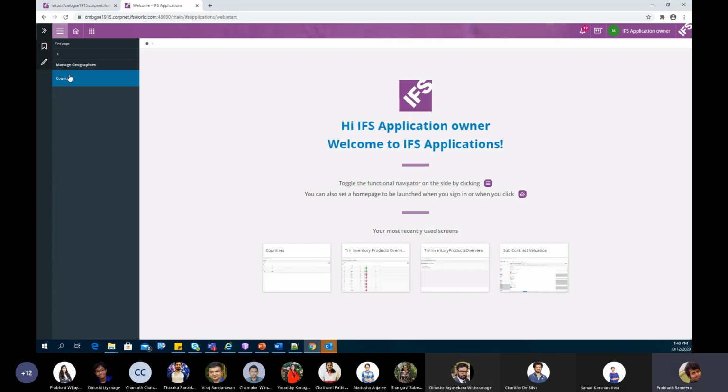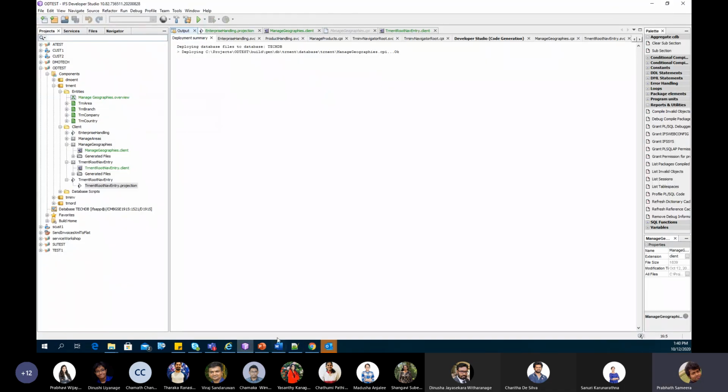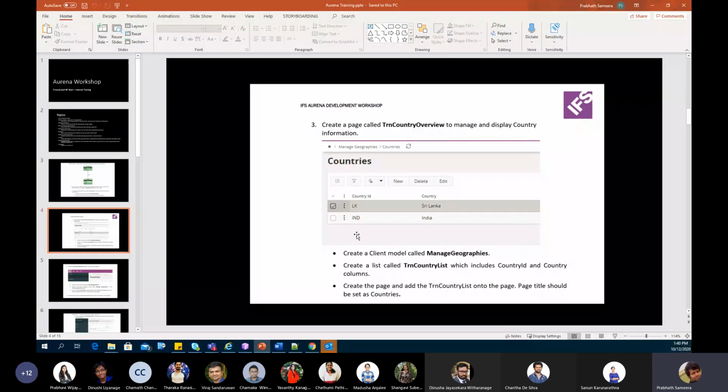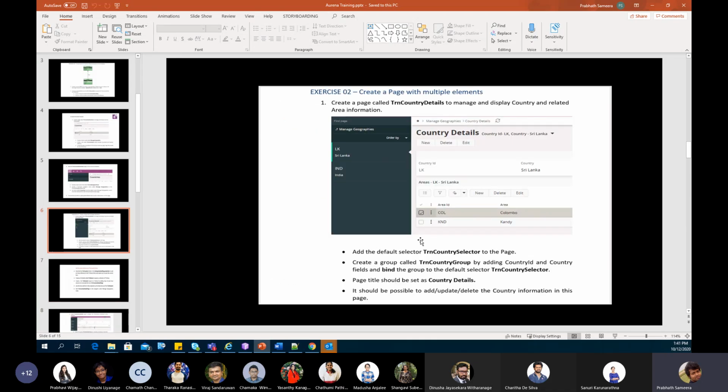There should be managed geographies, and inside that you can see that countries are there. Right. Actually, now we have created this file, this page, and can you see that we have created the root also. Then I have shown that we can do these operations here. Actually, now we have created this part,